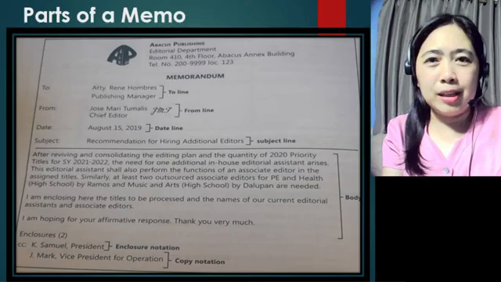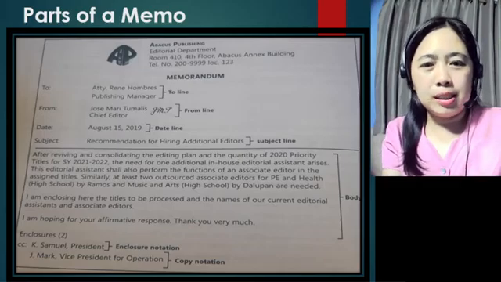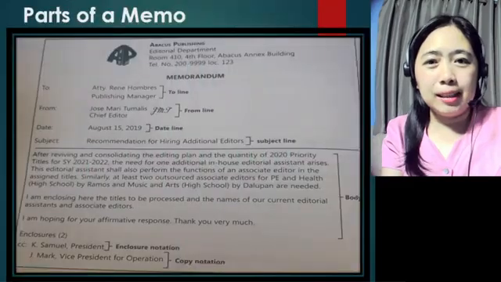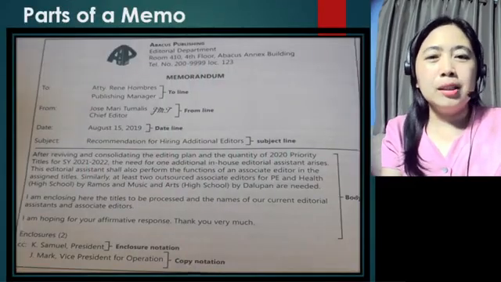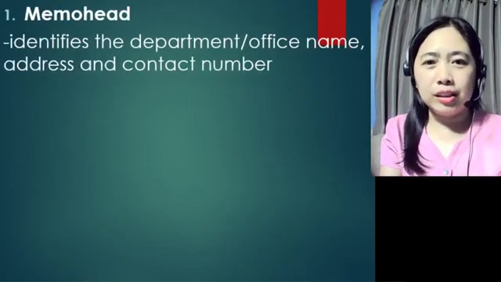Okay, again, we have the letterhead here. Two lines, and this is basically how it goes. We'll talk about each part of the memo. The first one is the memo head. The memo head is like the letterhead. It has the logo of the company, the name of the company, the address, and the